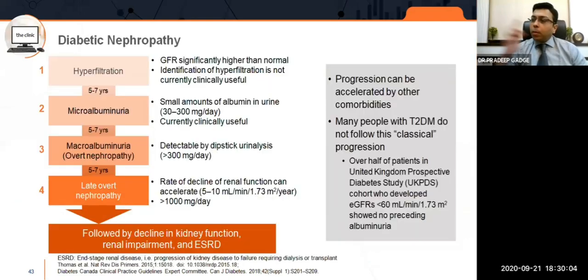So let's discuss what diabetic nephropathy is all about. This is how a patient passes through different stages. The first stage is hyperfiltration. Classically, patients come to us with a creatinine of 0.5, 0.6, and the patient is very happy,